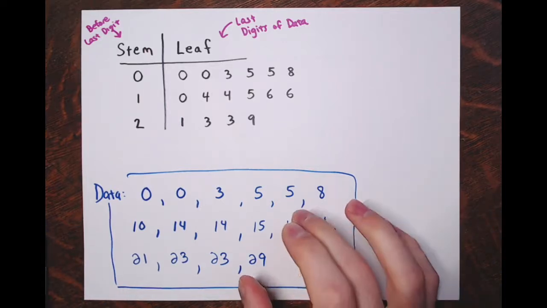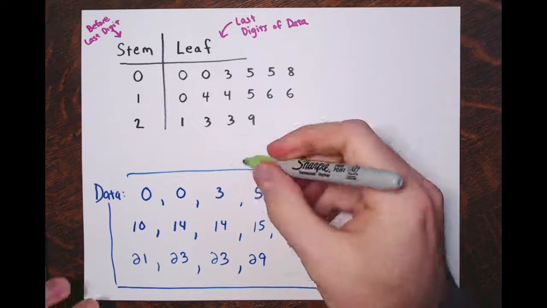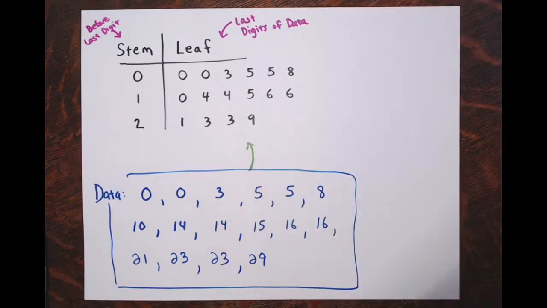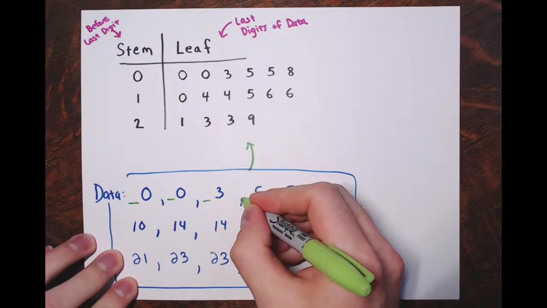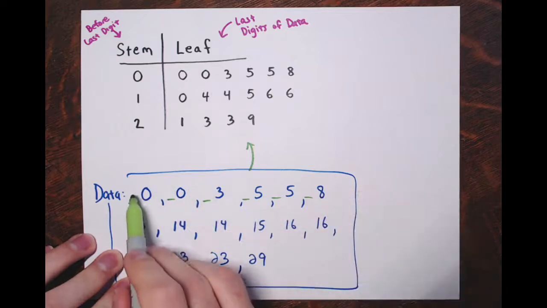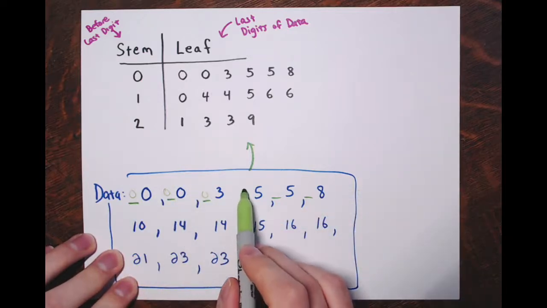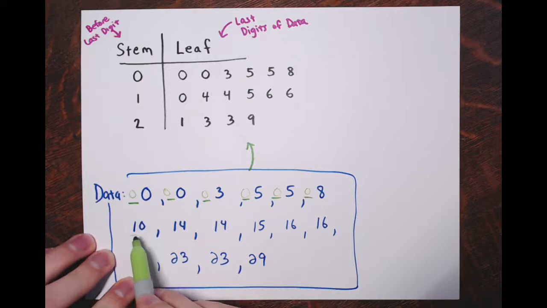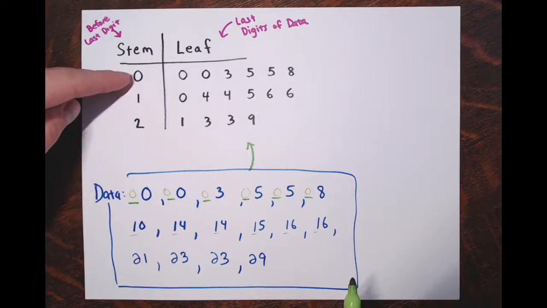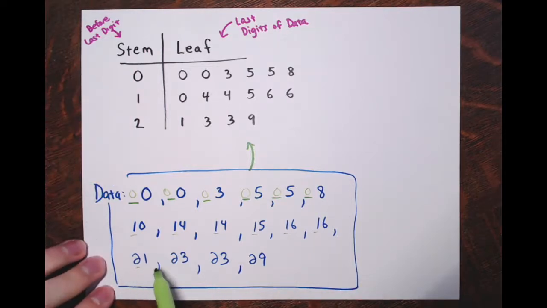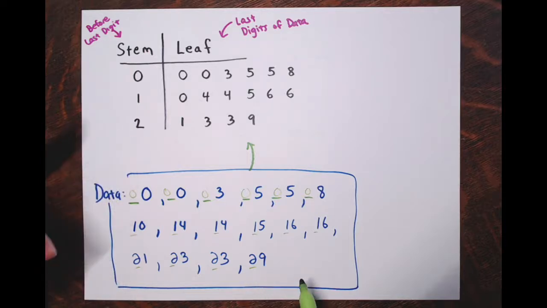And what they did was they took this original set of data and made what's called a stem and leaf plot, where the stem is all the digits before the final digit. So all these have a stem of 0, and then 1, 1, 1, 1, 1, 1, so there are stems of 1. There are some stems of 2. And if there was a 30 or something,